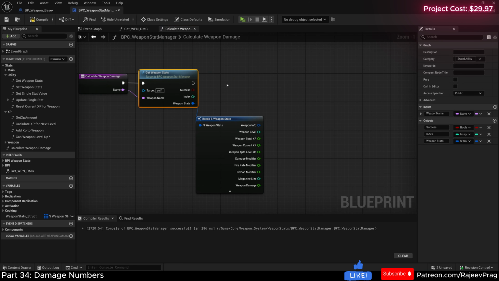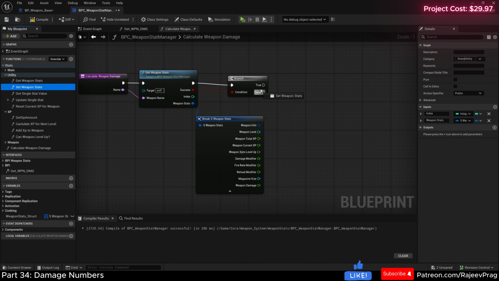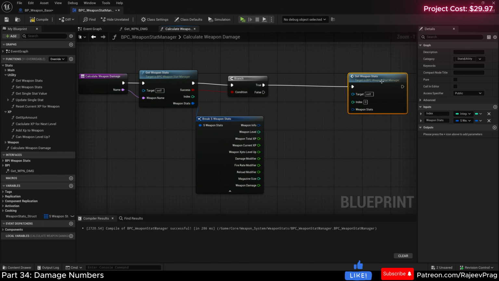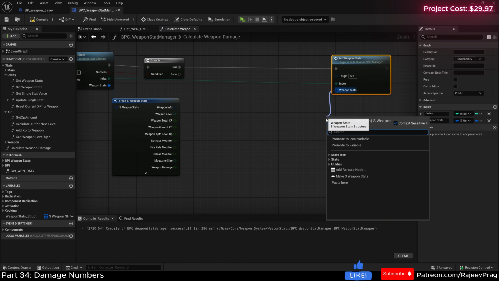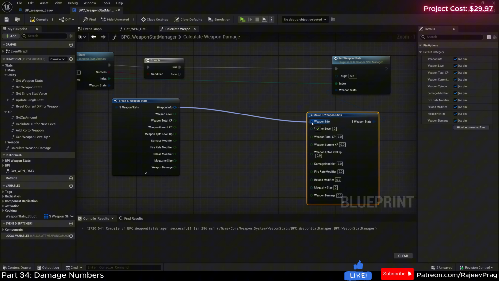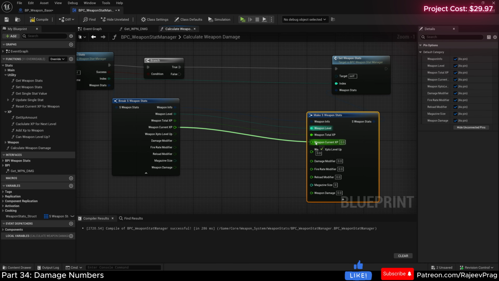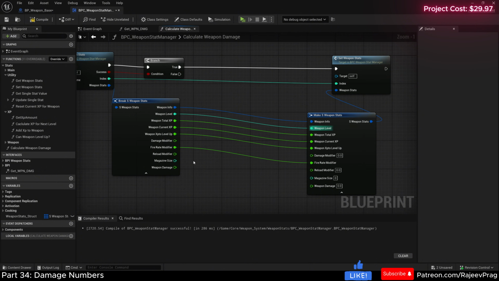And we're going to add in a branch of success here. And then we're going to set weapon stats off of true, and connect the index just like this. And then we're going to go ahead and drag off of this and make weapon stats. We're going to go ahead and connect all of this directly here, except for this damage modifier. We're not going to connect the damage modifier because we're going to calculate the damage modifier